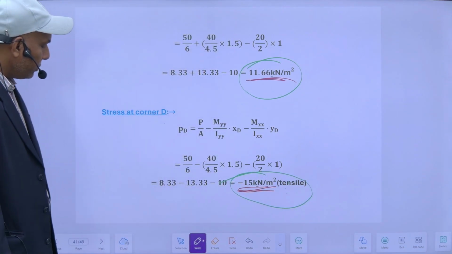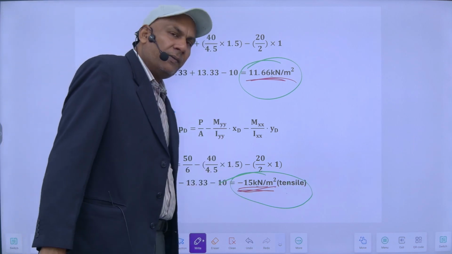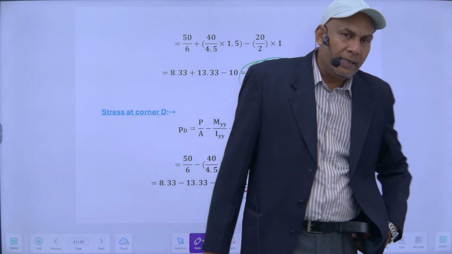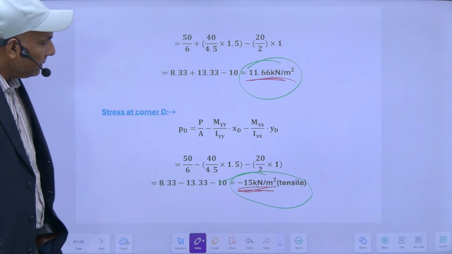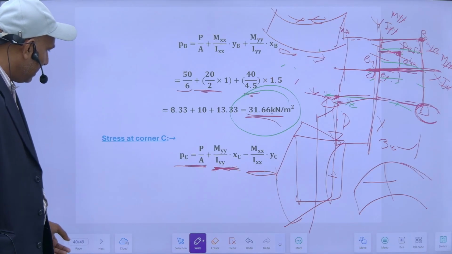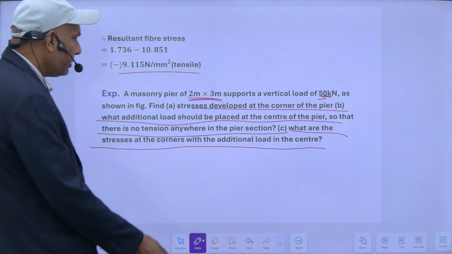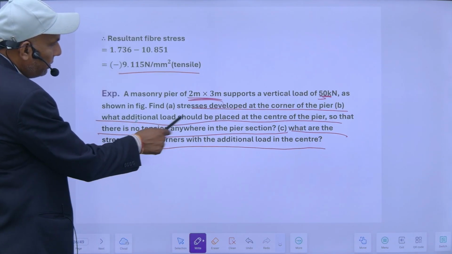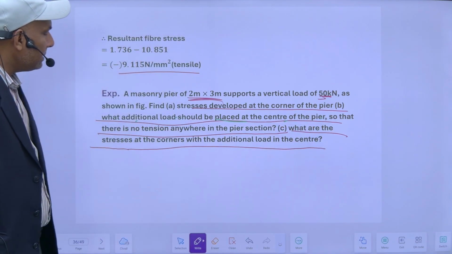So what he wants to say is, if I want no tensile stresses to be developed anywhere, how much additional load do I have to apply here. That additional load will be applied at the center. This is the second condition: what additional load should be placed at the center of the pier so that there are no tensile stresses anywhere